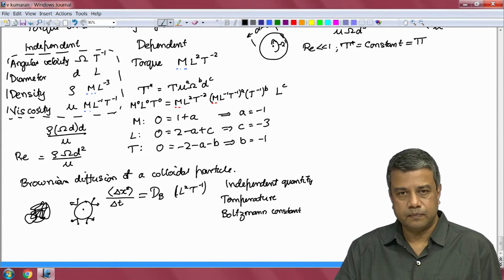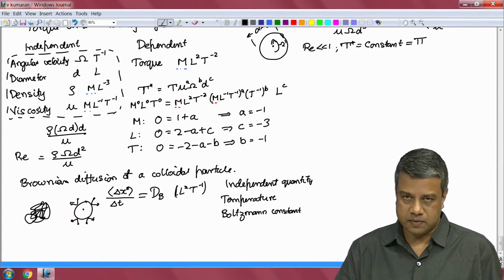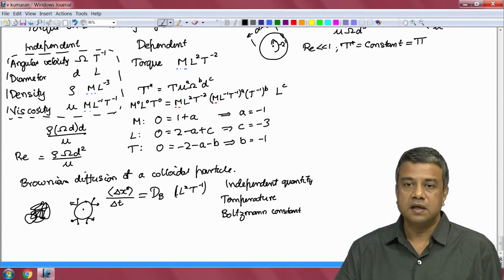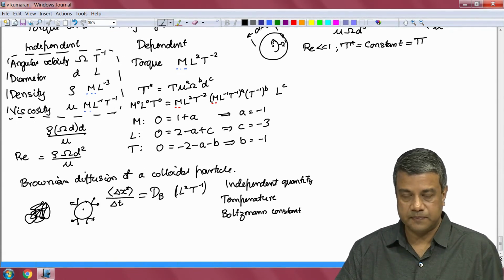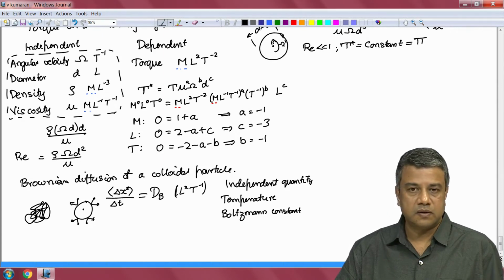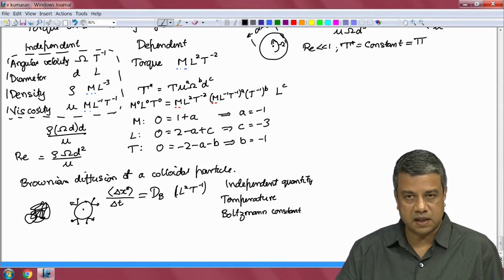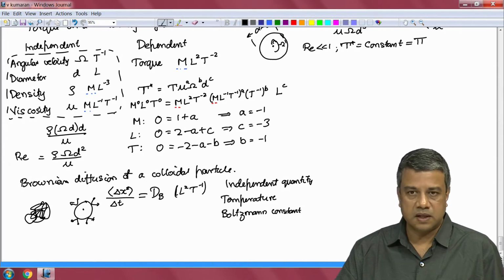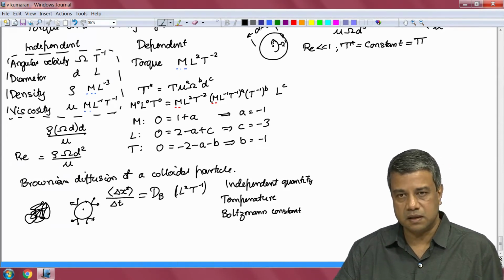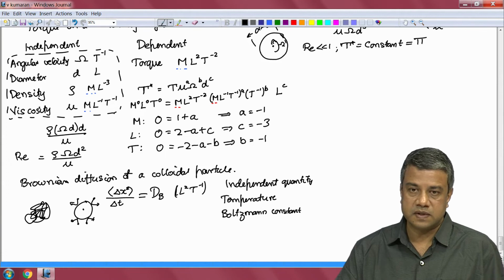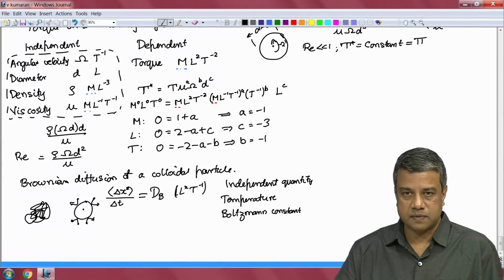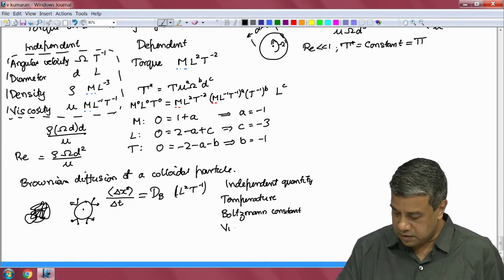So, it depends upon the temperature and the Boltzmann constant. There is a thermal energy that is driving the Brownian motion of these molecules. Of course, as the molecule goes through the fluid, it is going to experience a drag force. At such small dimensions for colloidal particles, the inertial forces are not very large, but the viscous forces do exist. And therefore, the viscous forces resist the Brownian motion of this particle, and therefore, the Brownian diffusivity will depend upon the viscosity